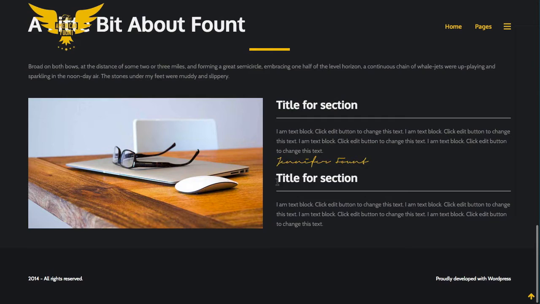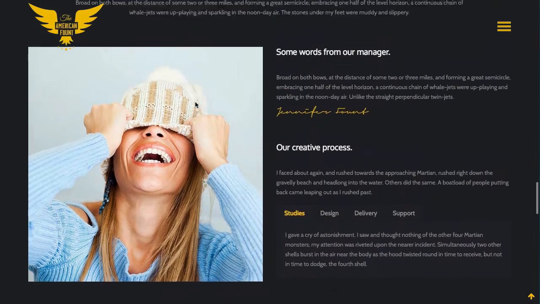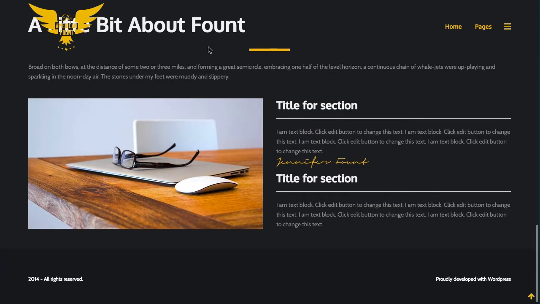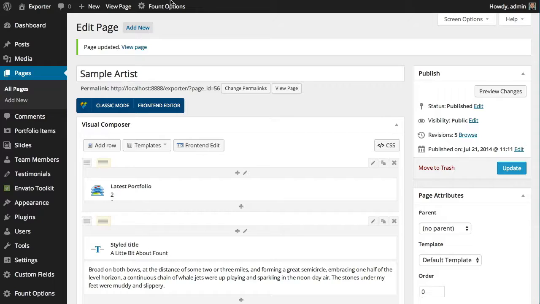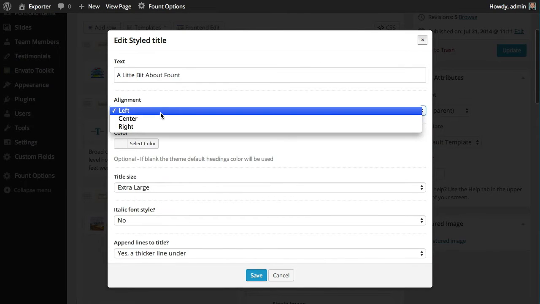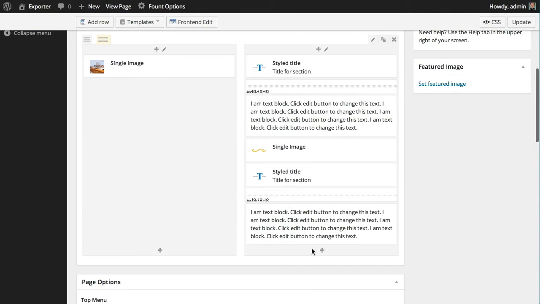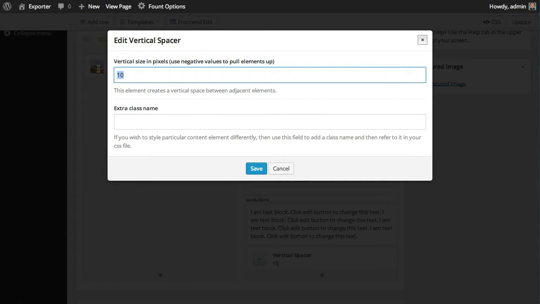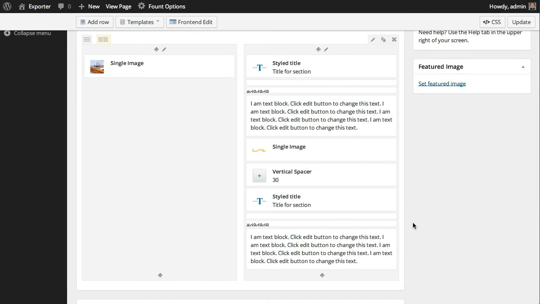So it's looking more similar to this one. I'm just going to make one or two adjustments because the title is not aligned here. I'm going to align it and give a little space here. So basically we have to say that this text is center aligned, and we need some space here, and the theme has this element called vertical spacer, and let's say that we want 30 pixels and it's after the signature,